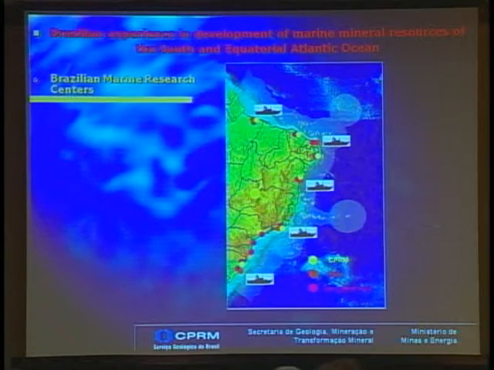It has different offices. The Directorate of Hydrography and Navigation is also located in different parts of Brazil, and they provide all the oceanographic ships for our research. And we work together with several universities. I indicated just the ones we are working with now, just to show that we have a lot of institutions working on the research. The next one.